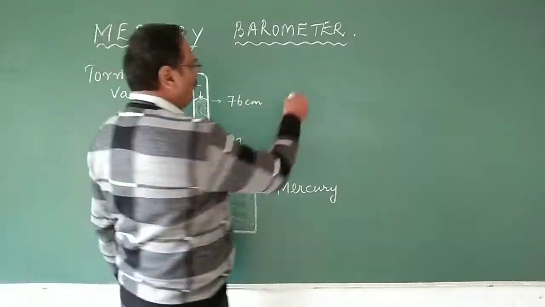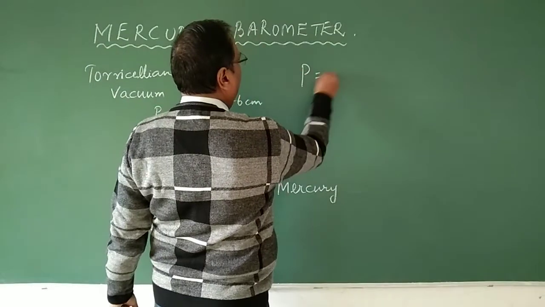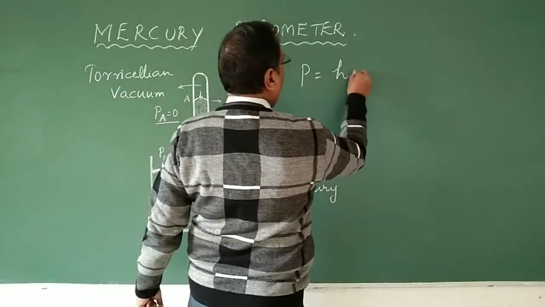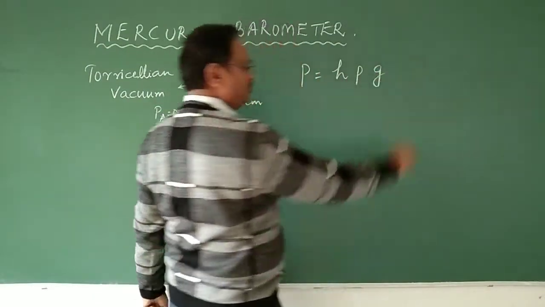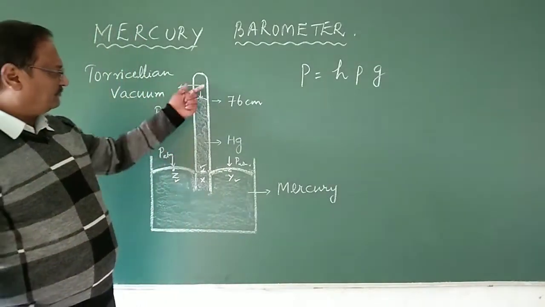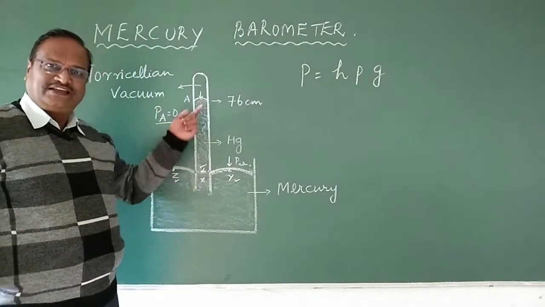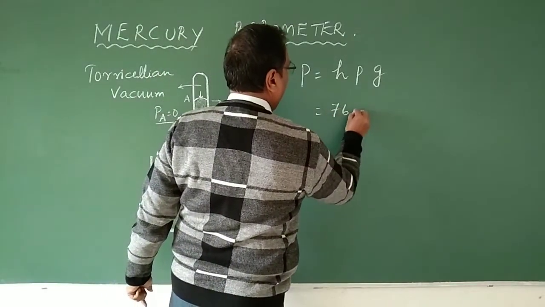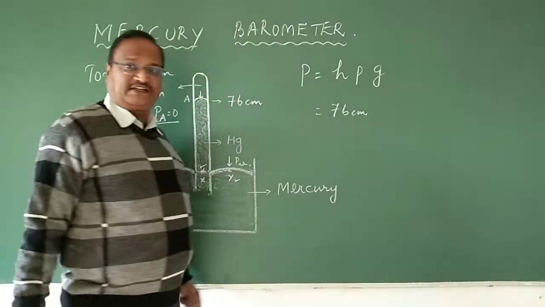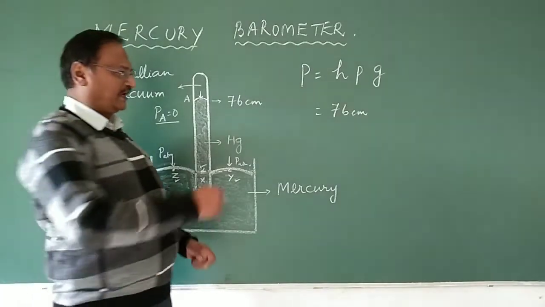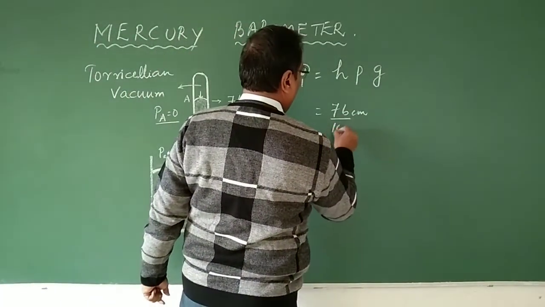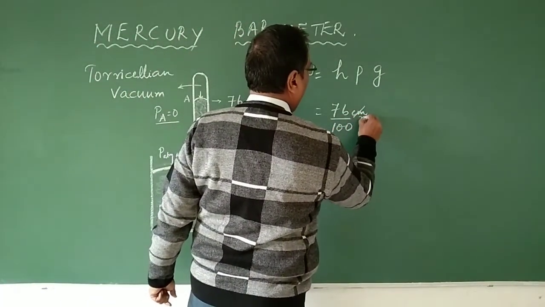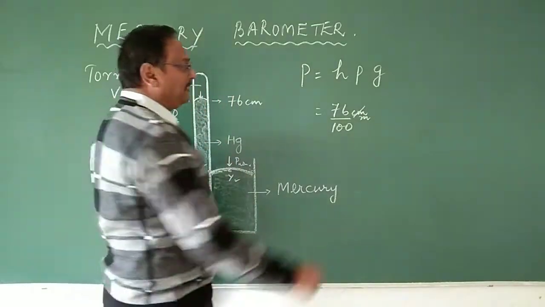So what is the formula for liquid pressure? P is equal to H rho G. H is the height of the liquid column. Here the liquid column height is 76 centimeter. But we want it in SI unit, so we convert it and divide by 100 and the centimeter will become meter. Multiplied by